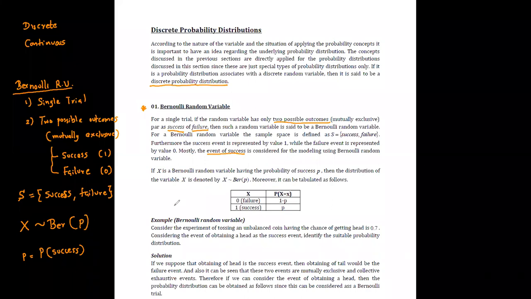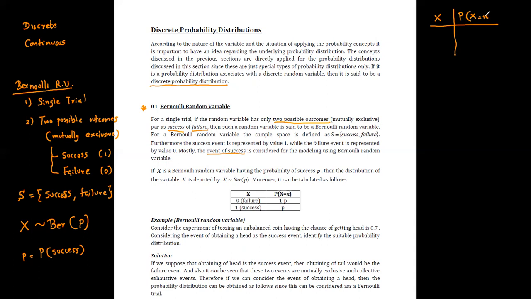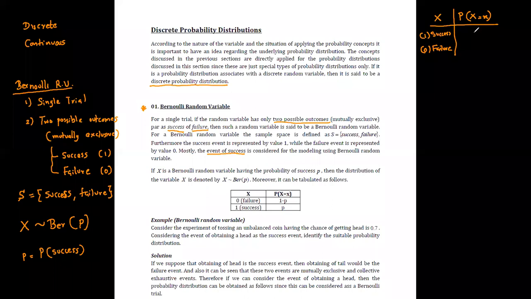And now you can see that X can have two possible outcomes. One is failure and the next one is success. Here it is mentioned the probability of capital X equals the lowercase letter x. Here these are the lowercase x values. If it is a success, then we can name this as 1, or else we can name this as 0 as failure. I have just interchanged these two rows, the first and second row, for the easiness of explaining the concept.